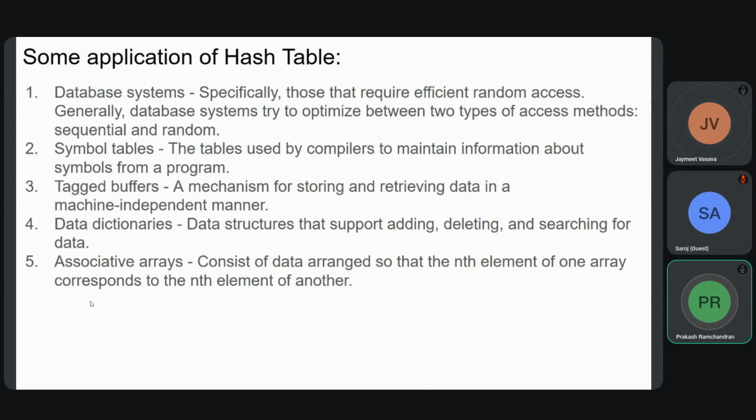Hash functions are a kind of mapping formula. It maps the key, which can be a string or anything. Take a library, for example. If you're a library issuing books, the mapping is between the book and the member who gets it. So if there is a member, let's say Saroj, and